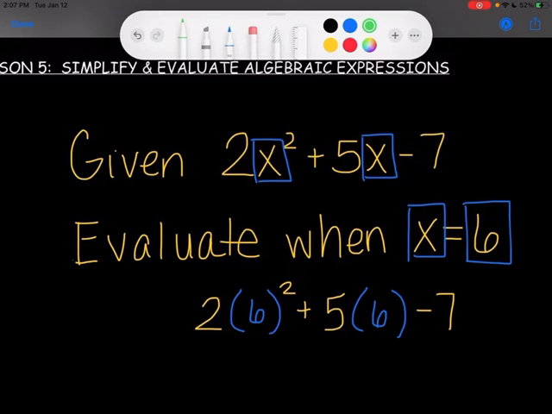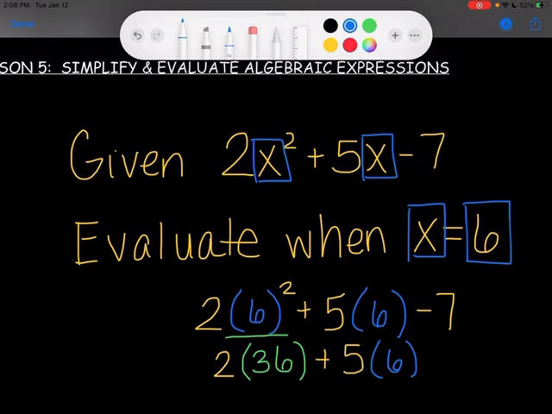There's parentheses in here, but within the parentheses, there's nothing going on. They're just numbers. There's no operations within the parentheses. So we can skip that and go to exponents. So the first thing I need to do is exponents. So I get 2, and then 6 squared is 36, so that's 2 times 36 here. Let's bring down the rest, plus 5